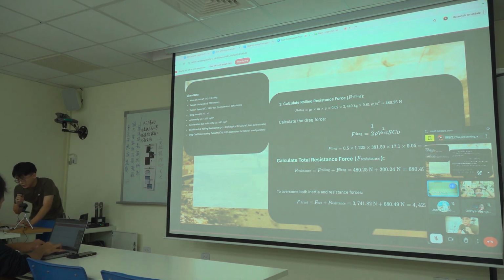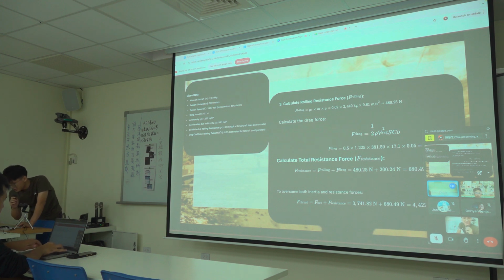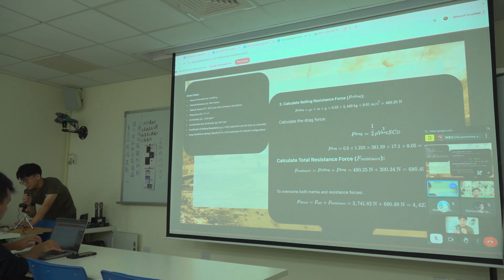We need to add the rolling resistance force into it. And here I calculate it; it has two parts, F rolling and F drag. First, F rolling is calculated by the rolling resistance coefficient multiplied by the mass and the gravity force. So it's going to be 480 Newton. And for the drag, I have a formula: about a half of the average velocity squared